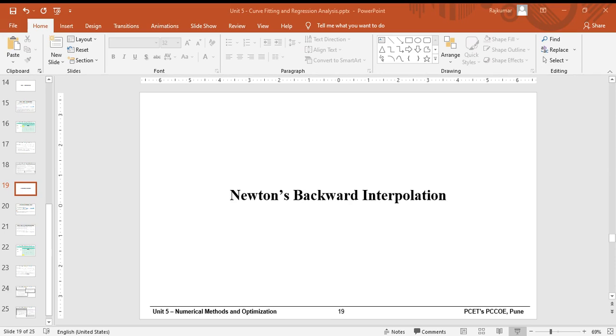So this is just the opposite of forward interpolation. And also for extrapolating values of y a little ahead. Here the word little is very important. To the right of yn.